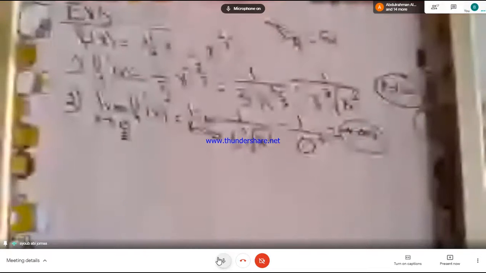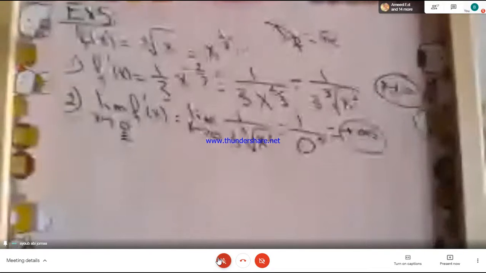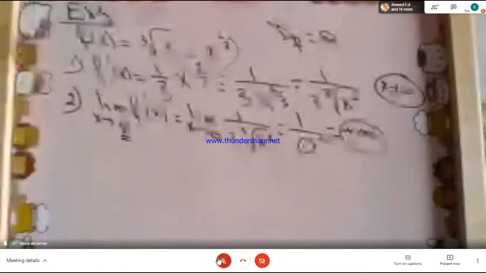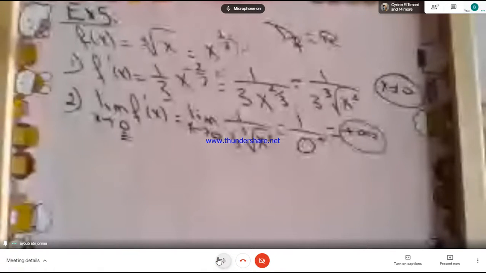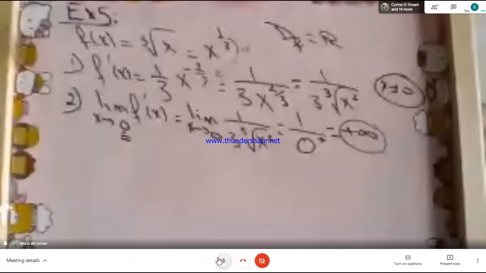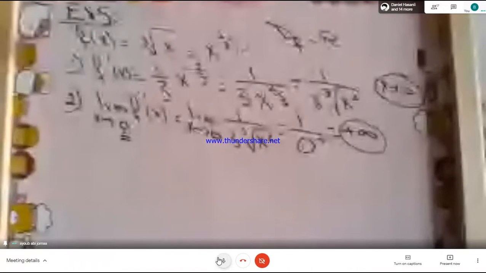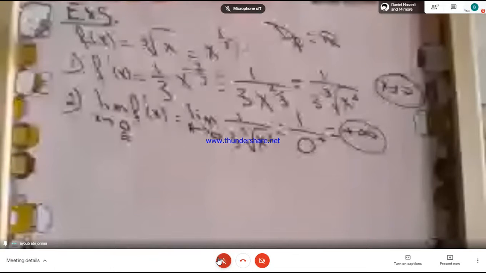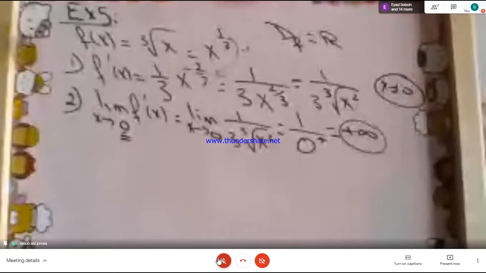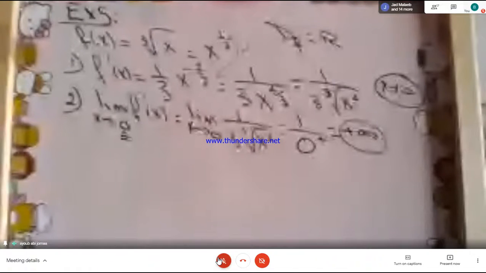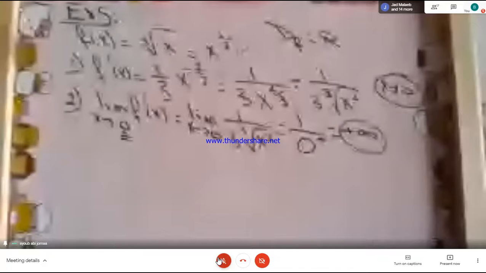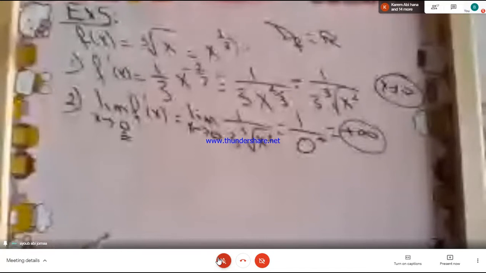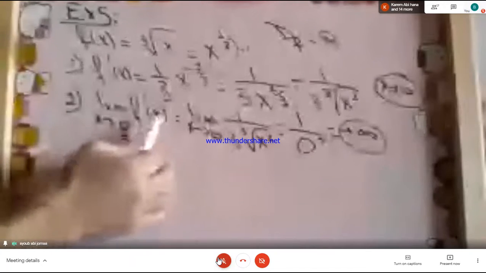Which line has a slope of infinity? Which line has a slope of infinity or no slope? A horizontal line, y equals 0, has slope equal to 0. Okay, but a vertical line has slope plus infinity. Right. The vertical line has no slope, or sometimes we say the slope is infinity. So if the limit of the derivative is infinity,